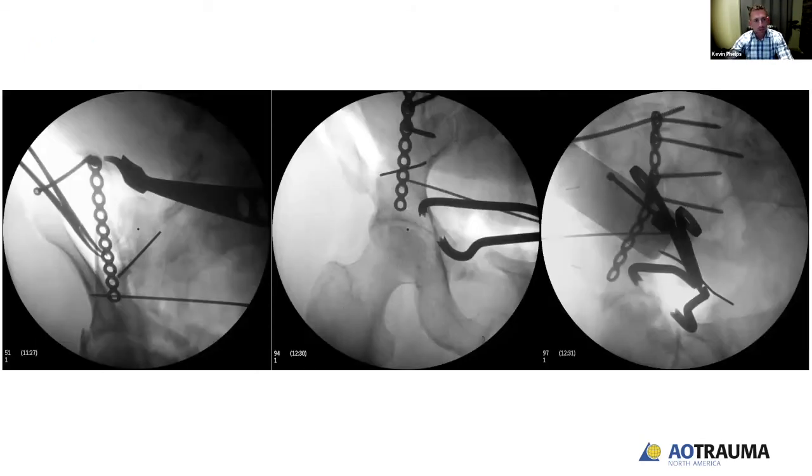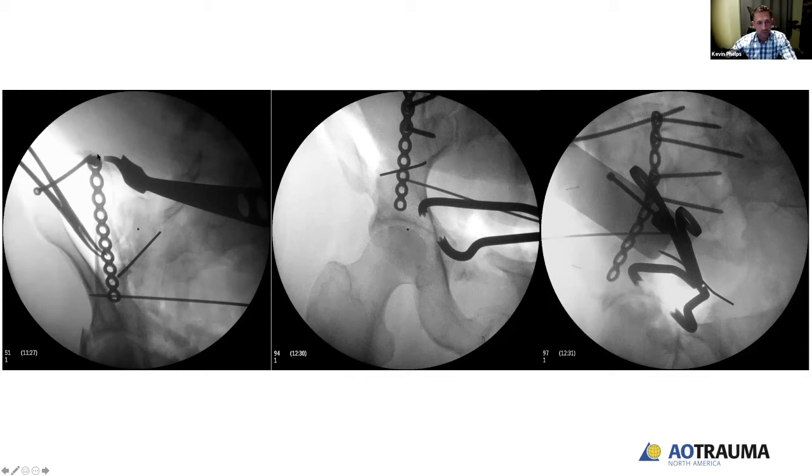So went in, did an ilioinguinal approach, fixed the anterior column first, basically did a reduction of the anterior column to what would otherwise be the intact ilium posteriorly, and then held it in place with some provisional K-wires, as you see here on the left. I find it very difficult to put a clamp when the anterior column exits this posteriorly because the abdomen is in the way, and so basically just held the reduction with a Farabeuf clamp, and then